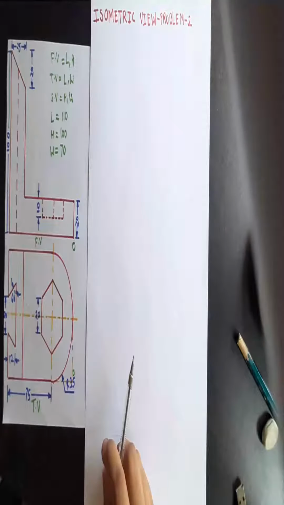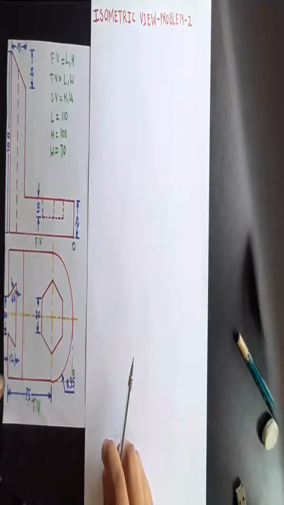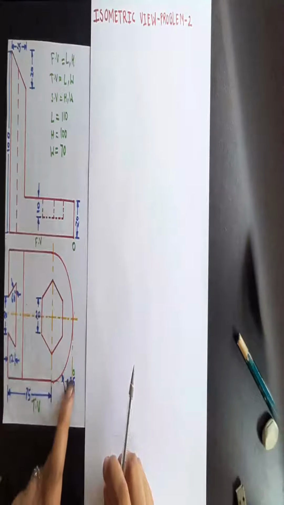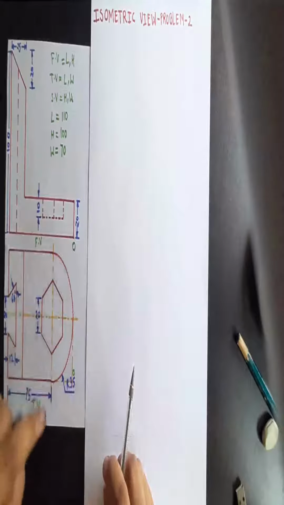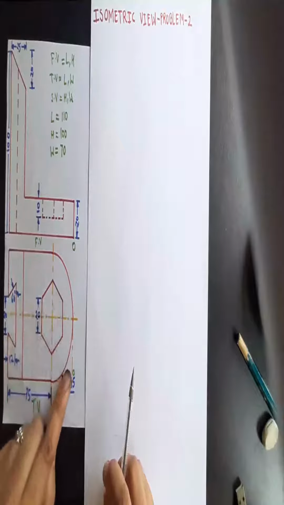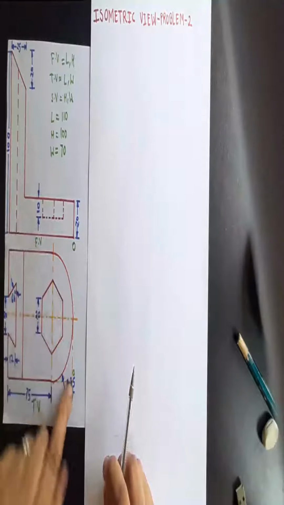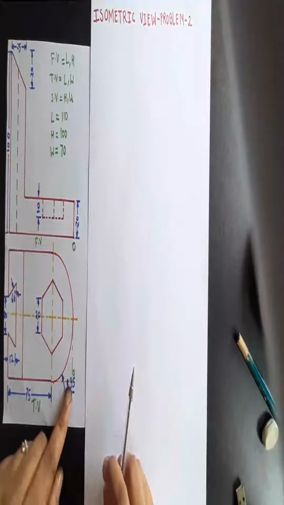Now in top view, again the possibility is here or here. Here it is not possible because you are not selecting this point as an origin, so this is cross. So on the other side will be the origin. Here you can see there is a circular part. So what you are supposed to do is extend this from here as well as here. You will find this point, and that point will be the origin.